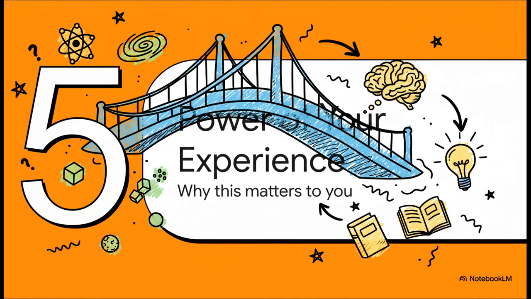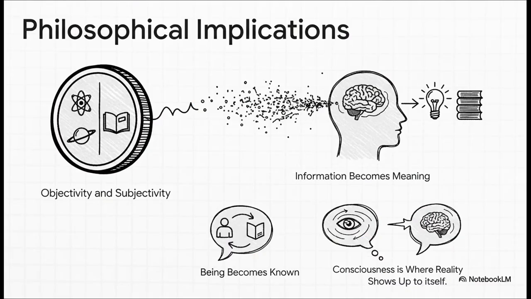Okay, so this is a really neat philosophical model, for sure. But so what? What's the big takeaway here? Why should this matter to you in your day-to-day life? Here's the most important part, really. It means that objectivity and subjectivity aren't enemies. They're not opposites. They're actually partners in the same dance.